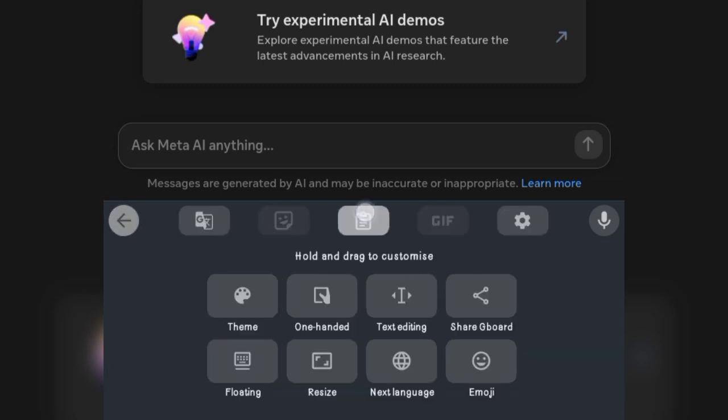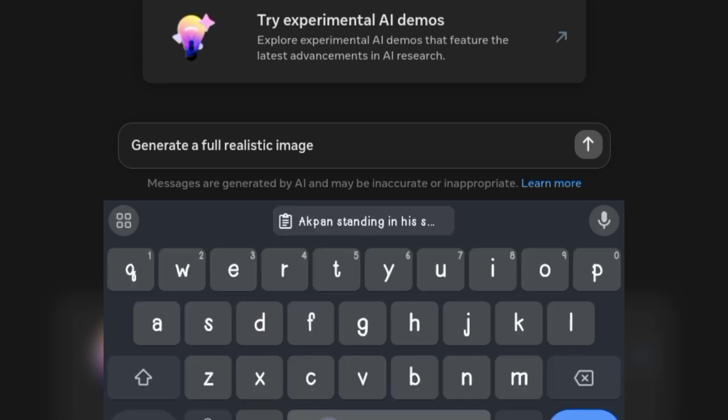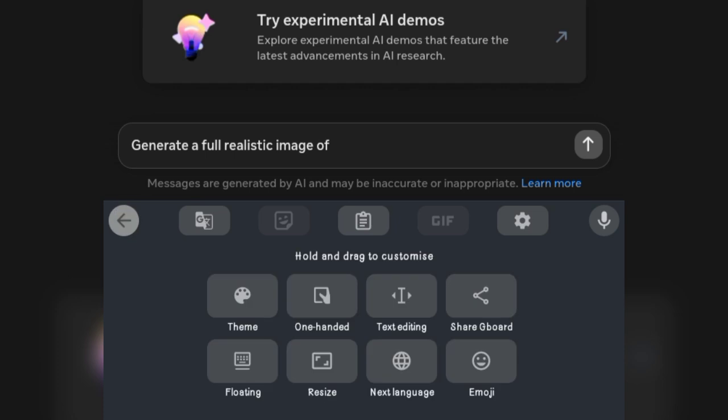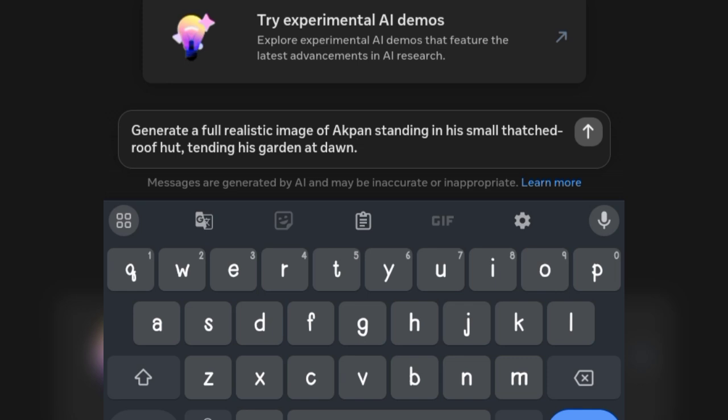I'm going to input: generate a realistic image of, then I will put the prompt we've generated. Generate a realistic image of the man standing in his small thatched roof hut, tending his garden at dawn. Then I'm going to send this, and we just have to wait for some minutes and it is going to generate for us an amazing